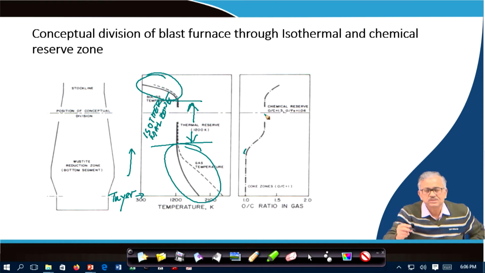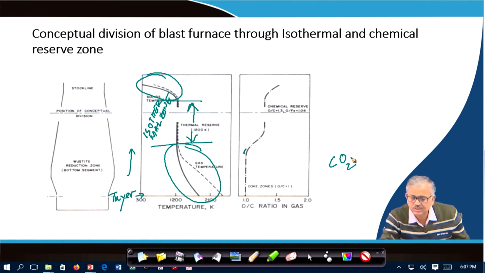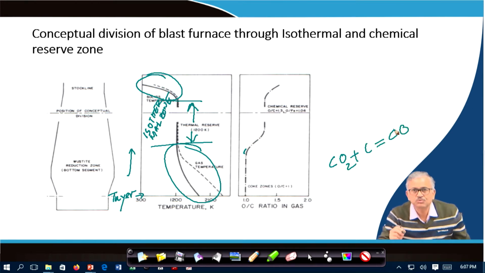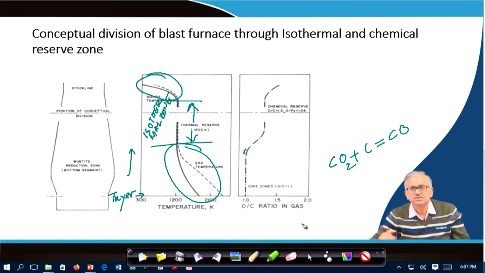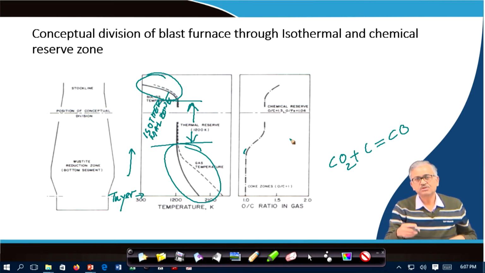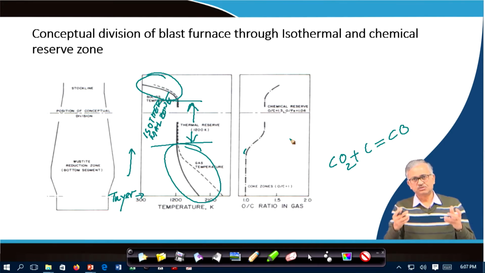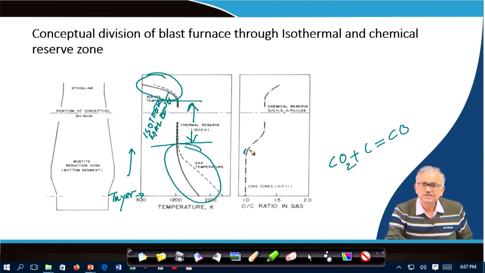CO2 is coming into the system. CO2 is coming in because the carbon gasification reaction slows down as you move up. As the temperature decreases, this reaction, the in situ generation of CO, called the carbon gasification reaction, goes down in intensity as you move up. As a result, CO generation decreases, but CO2 is continuously forming because of ore reduction. There is indirect reduction of the ore, CO2 is generating, but the generation of CO is not that high. As a result, the gas is accumulating CO2.